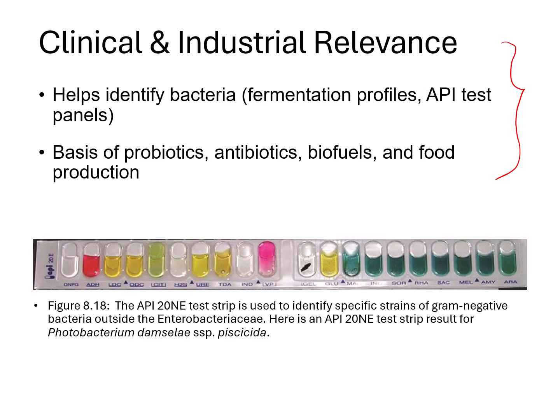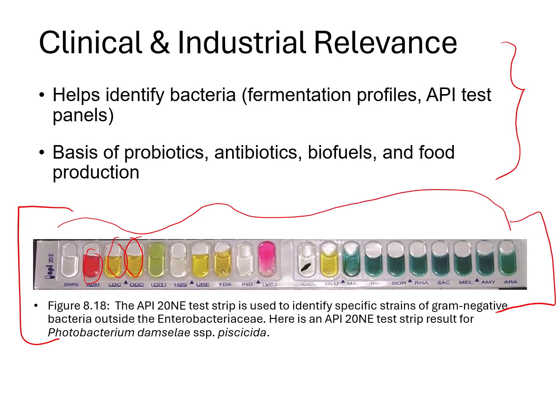However, when time is critical, and what's happening in many clinical labs today, we see multi-test panels like the one shown here below. These contain a number of miniature reaction tubes, so all of these are miniature reaction tubes. Each usually can include some kind of specific substrate and pH indicator, and after you inoculate the test panel with a small sample of the microbe, so you would inoculate all of these with a little bit of the